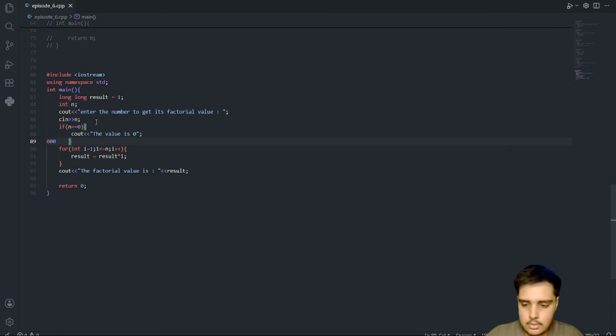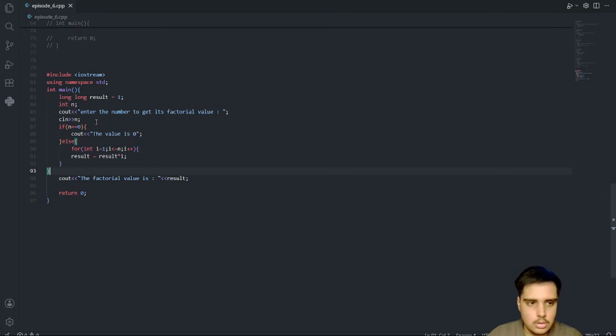And for the else part, we will include all of this work inside it. Understood? So now it's even better and also covers the border case.